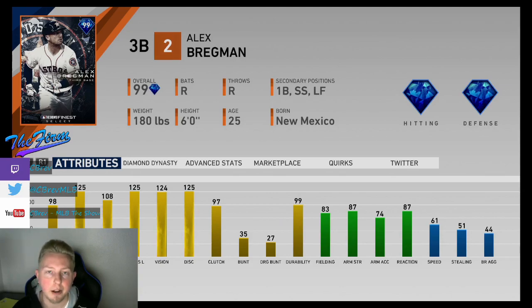How he rates in the meta, I'll give him an A+. Like I said, in my opinion, the best third baseman in the entire game, and therefore the best shortstop in the entire game too, if you were to use him there, besides Honus Wagner, obviously. Man, that'd be sick. If you had Bregman at third and Honus at shortstop. Holy cow. Anyways, and for how much he costs, I'll give him an A-, just because 150K is actually a